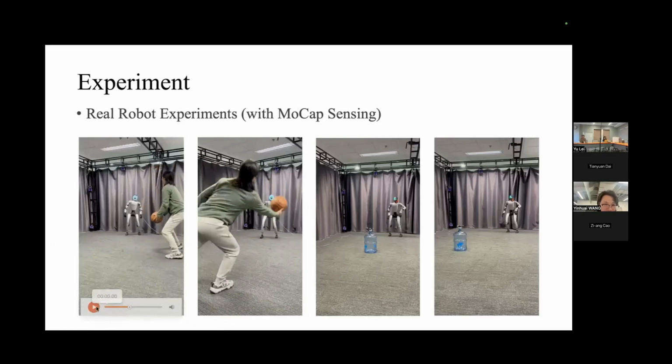If the human pretends to throw the ball, the humanoid will not react, but only when you really throw a ball toward the humanoid robot, it reacts to the ball.